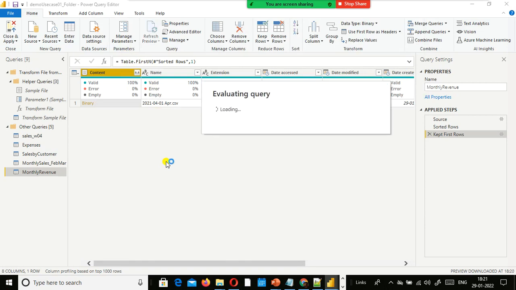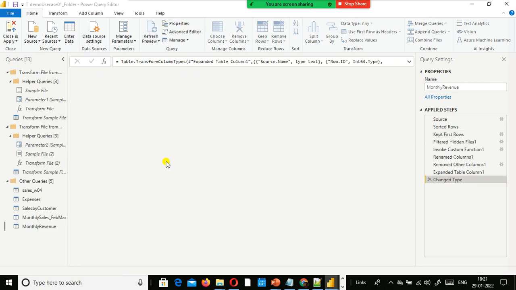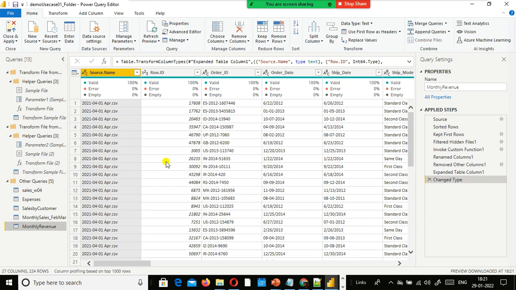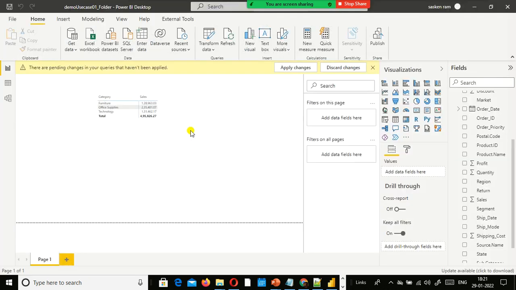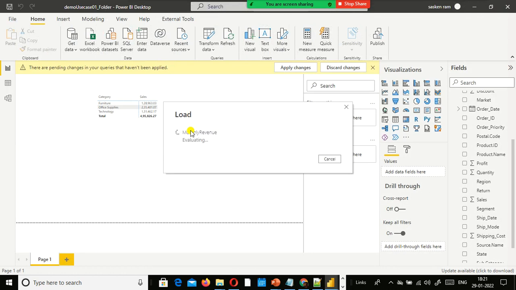Append is the correct word, yes. Look here, okay, the April month got loaded. Fine. Now I go ahead and apply this. Whatever steps were used there will get applied automatically.